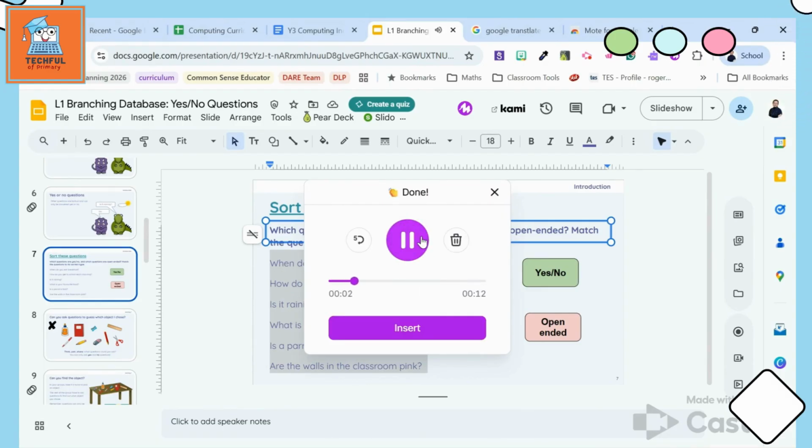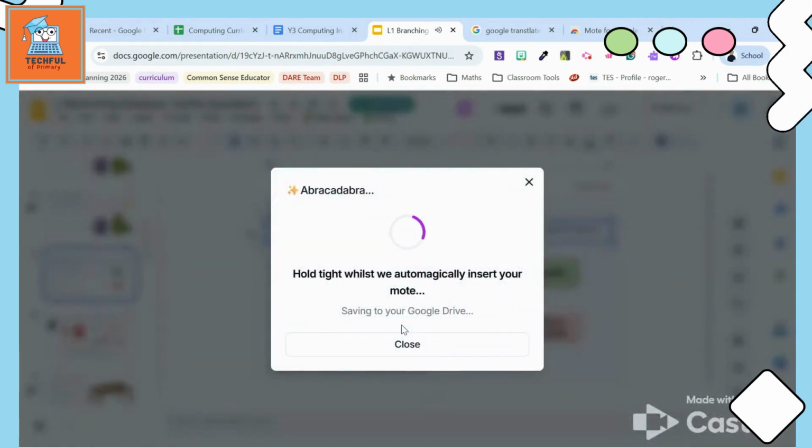你什么时候吃早餐？你每天早上怎么去学习？ Okay, if you're happy with that, just click Insert, and it will magically insert the audio to your